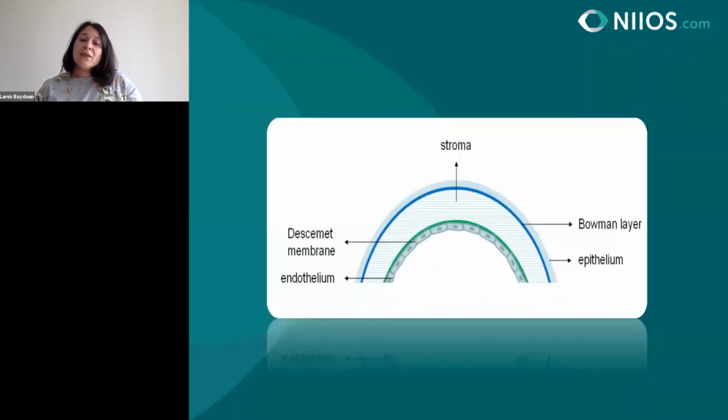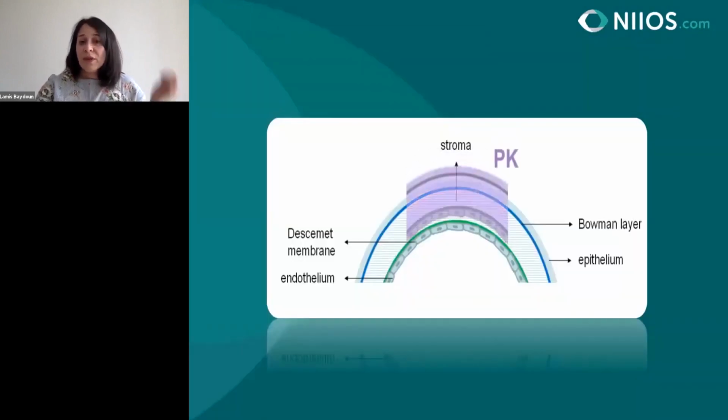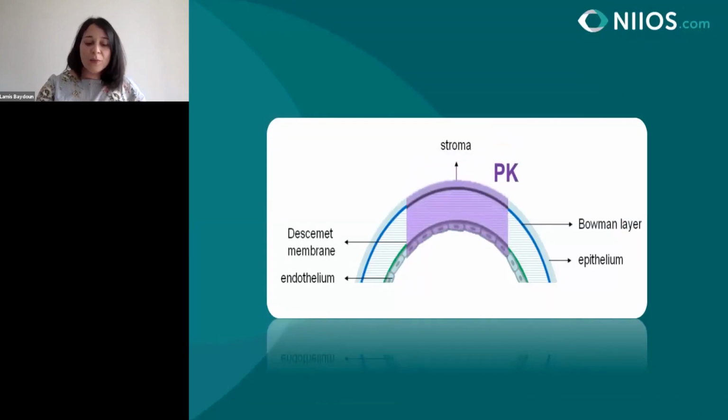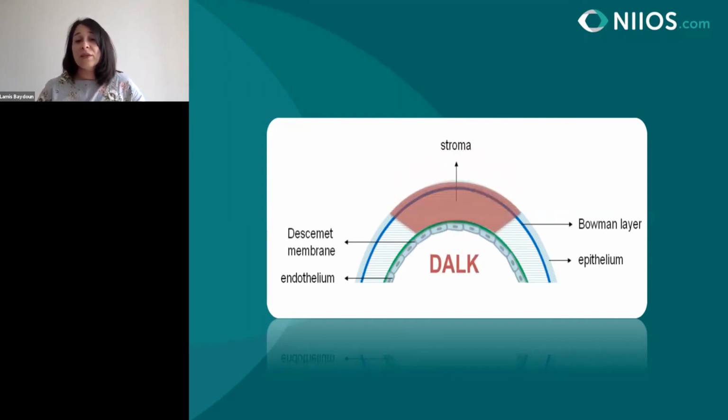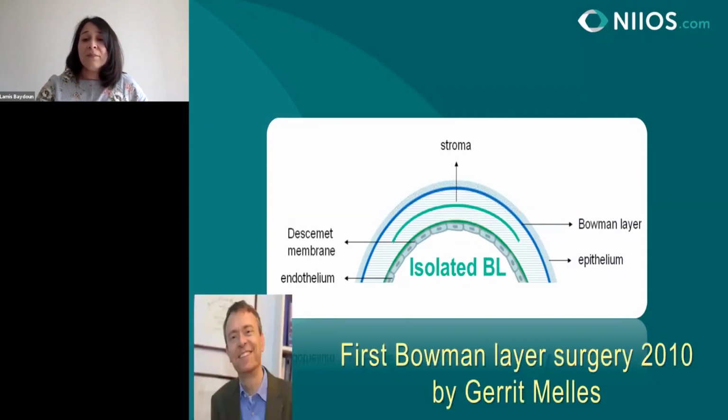And what is now the idea? For keratoconus, we know there was always penetrating keratoplasty as a good option to treat keratoconic patients, where we have a good result, mainly compared to other indications. And we know that with DALK, we have an even better option for patients with keratoconus due to the preservation of the endothelium. But actually, in 2010, Gerrit Melles introduced this